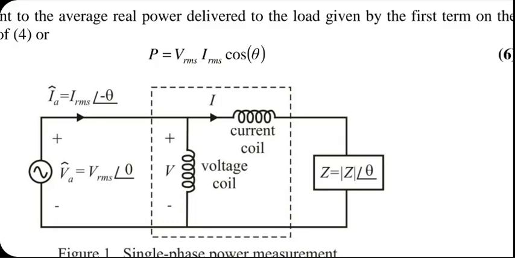What we do is we put a torsion spring to compensate for the torque generated, and the needle comes to a steady state condition based on how much power is flowing in the load, which is also determined by how much counteracting torque you have applied mechanically. Otherwise, the needle will continuously rotate, and that is the principle on which energy meters are designed.